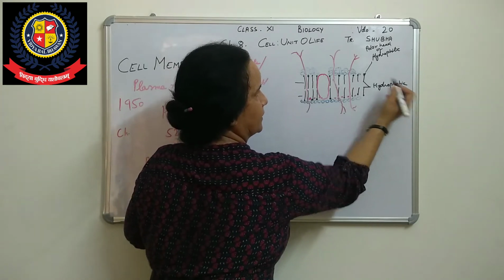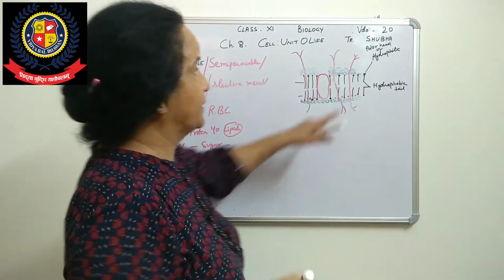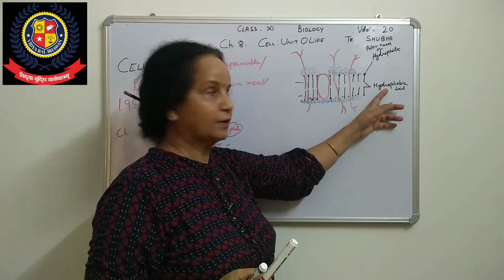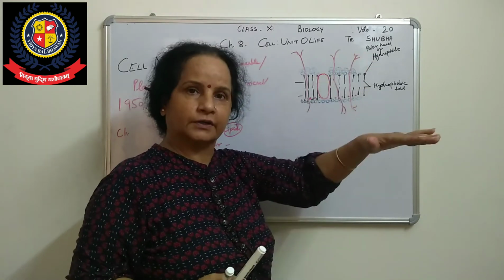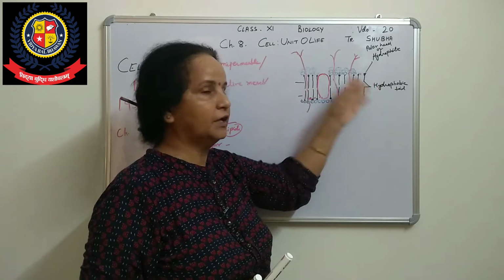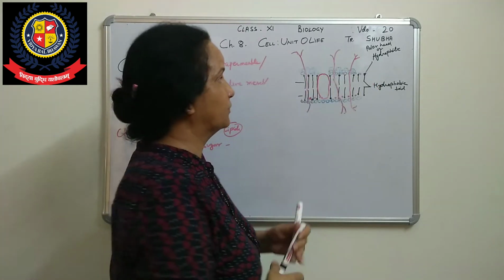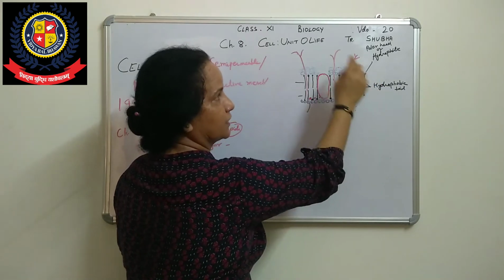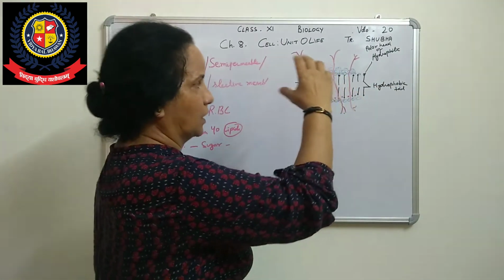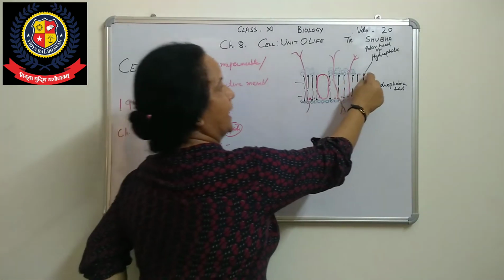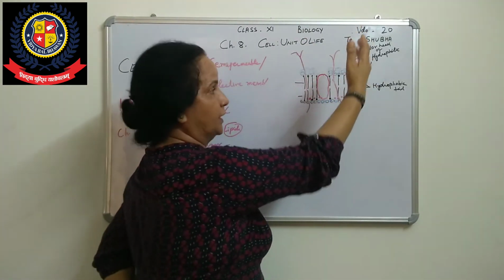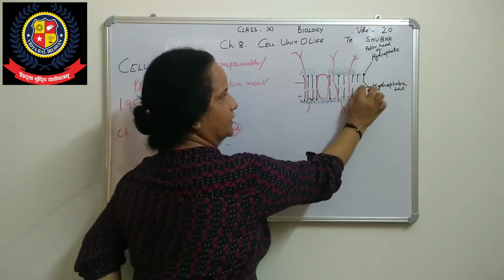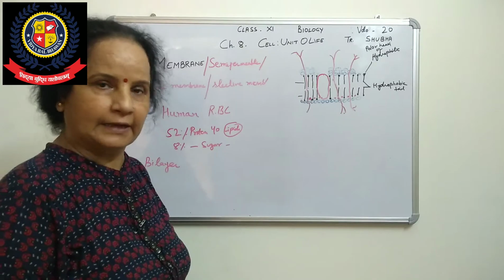The hydrophobic tail prevents the cell from the aqueous environment, because water molecules cannot easily cross this membrane. So that is the two layers of the bi-layer, one layer of this and one layer of this. In the lipid molecules, the head region is towards the outside in both layers, and the tail region is towards the inside. This is the hydrophobic tail.